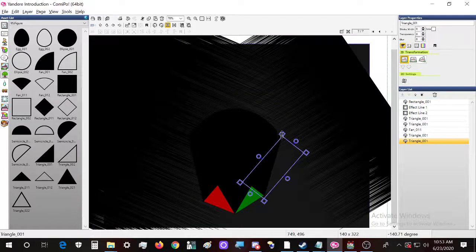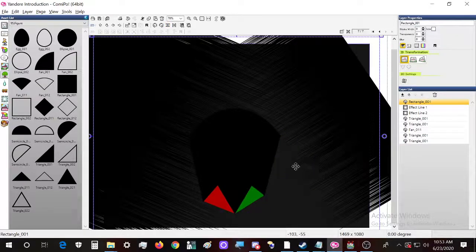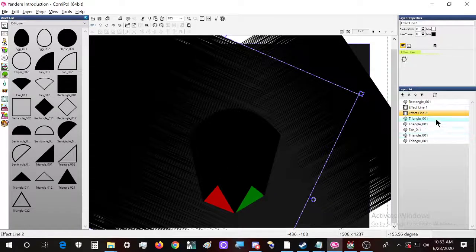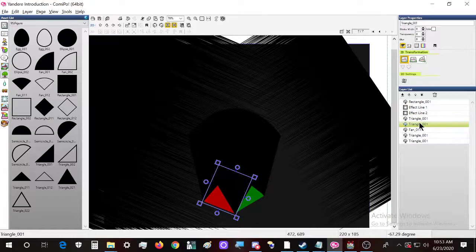Okay, so this triangle needs a bit more trimming. Okay. And this triangle over here,